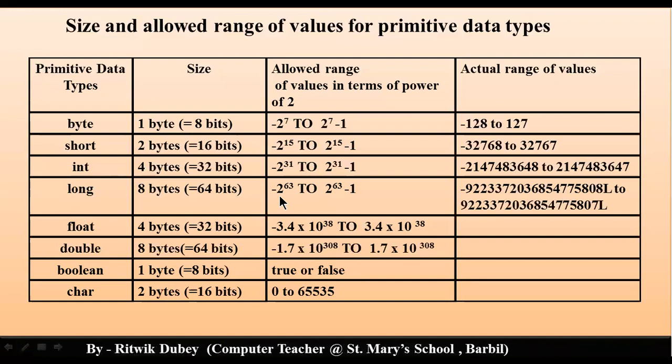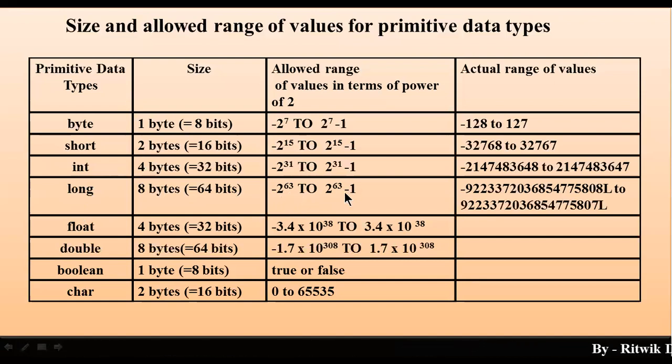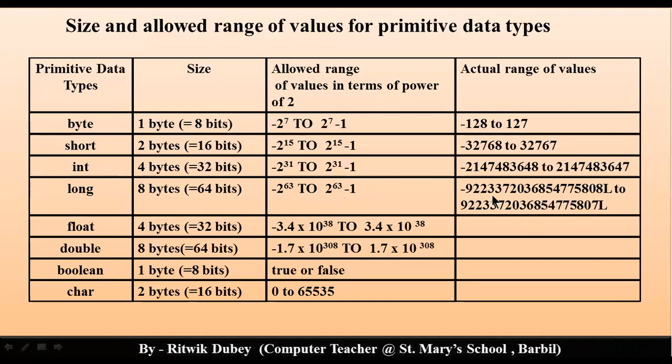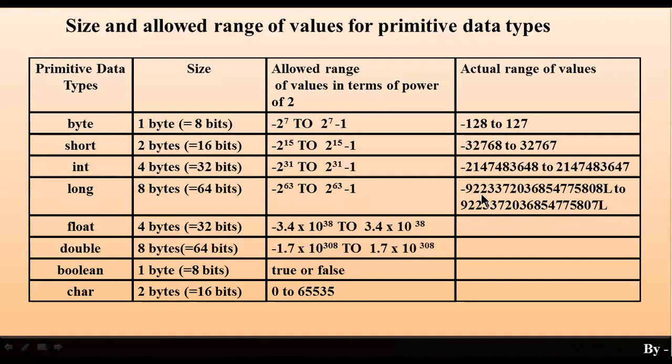It is minus 2 to the power 63 to 2 to the power 63 minus 1. और उसका वैल्यू कहां से कहां तक जाएगा? निगेटिव में ज्यादा से ज्यादा आप ये वैल्यू को यूज कर सकते हो. -9 2233